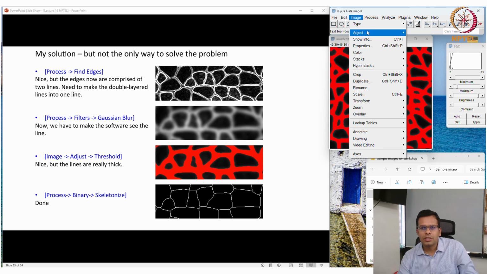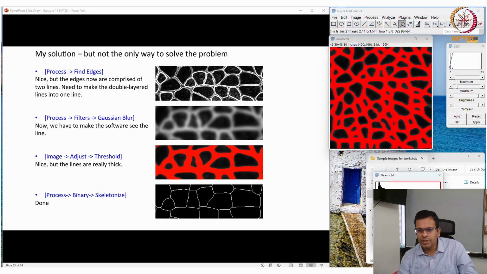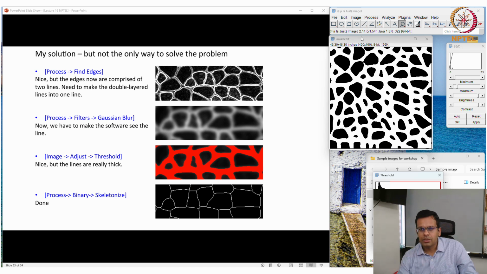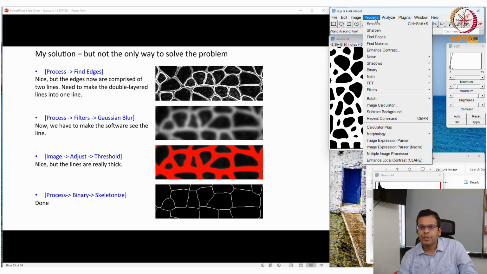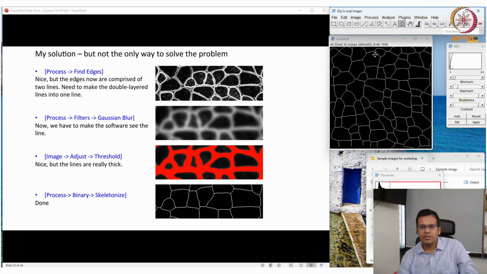Image, adjust, and threshold, and here we have to apply it. So now it is an 8-bit binary image, and on this binary image I can use that skeletonize function, process, binary, and skeletonize. Okay, so this is done.